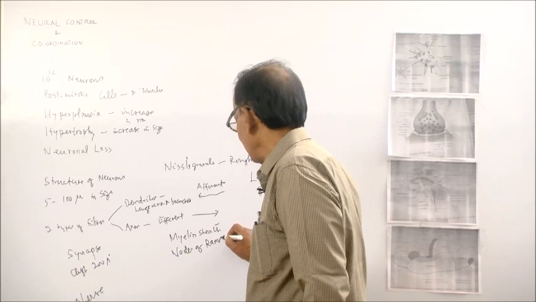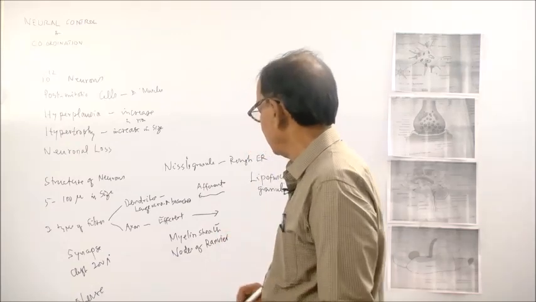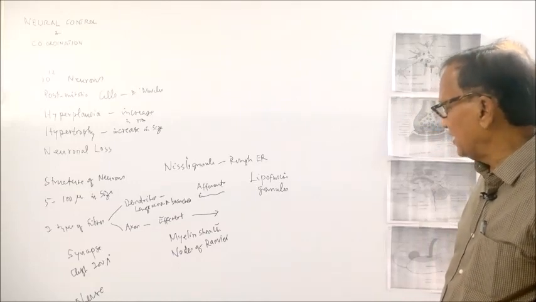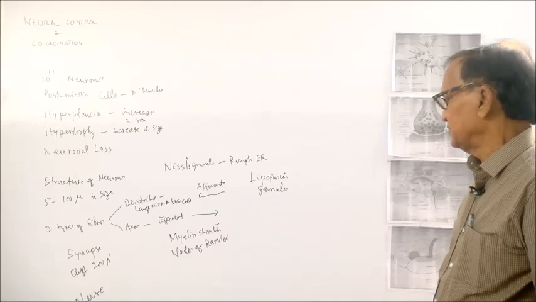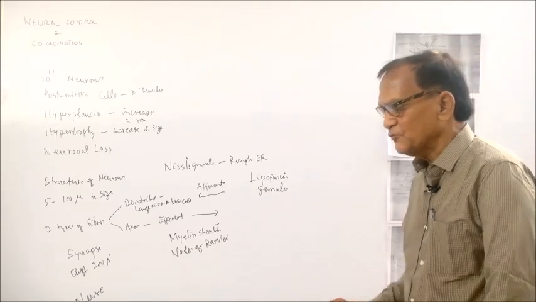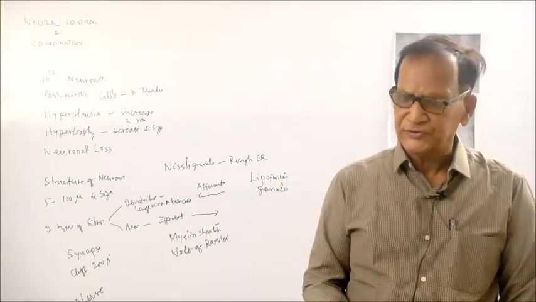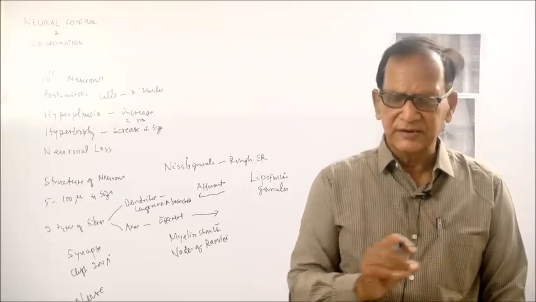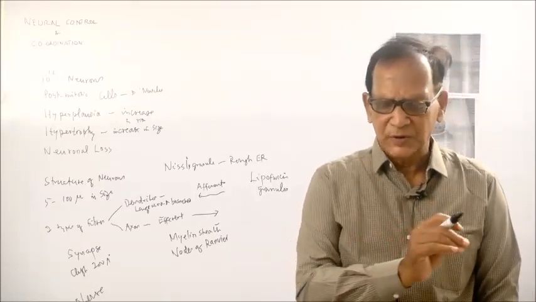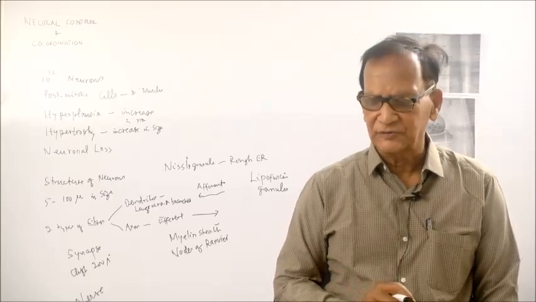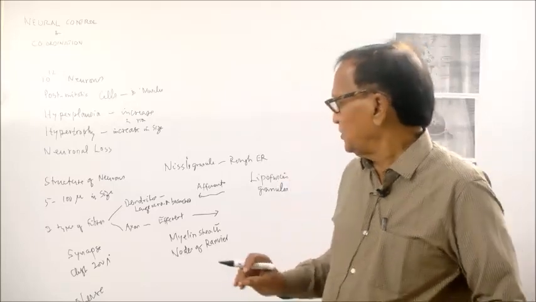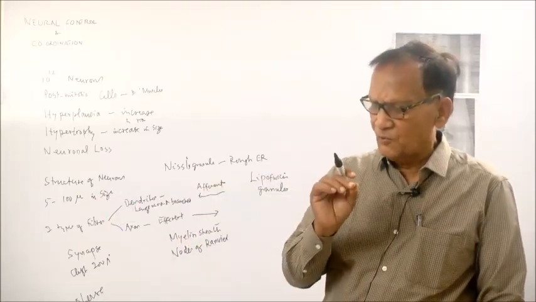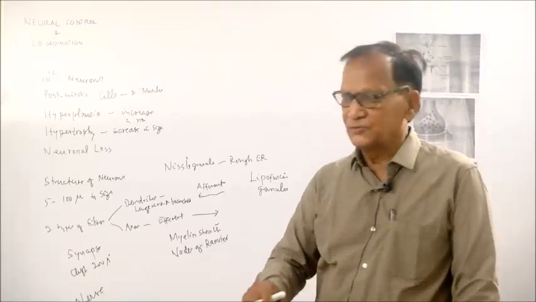So, mammalian axons are characterized by the presence of a myelin sheath and nodes of Ranvier, as a result of which conduction of nerve impulses in the mammalian axons is much faster. Normally, this electrical event that spreads along the fiber during the conduction of the impulse does not have to pass along the whole length of the axon. It can jump simply from one node of Ranvier to another.